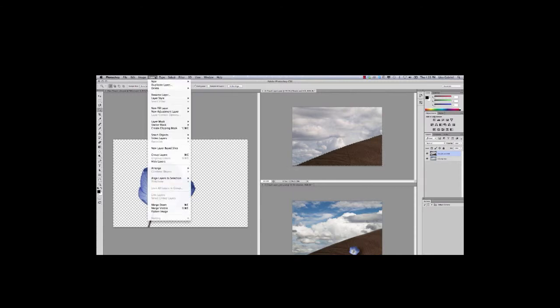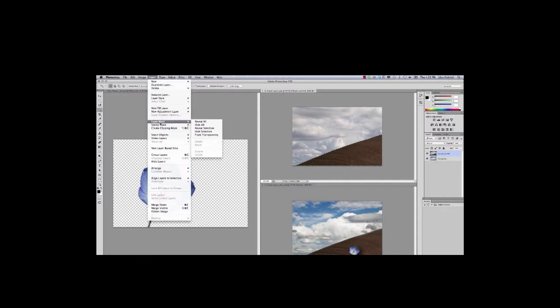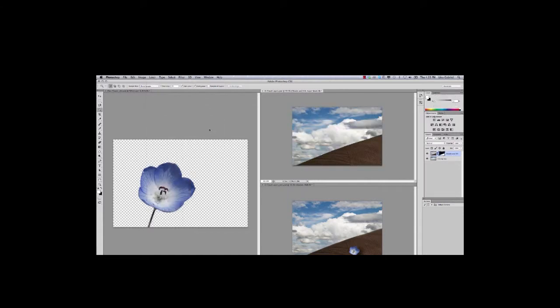And I'll explain in a minute why you do this over what I showed you last week. Under layer, you pull down to layer mask, and I believe it's reveal selection. And if you were watching, okay, I'll do that again. I just did a Command Z for undo. And I'm going to pull down layer, go to layer mask, and reveal selection. Okay? And in that process, what has happened is what was selected stayed the same, but everything else that wasn't